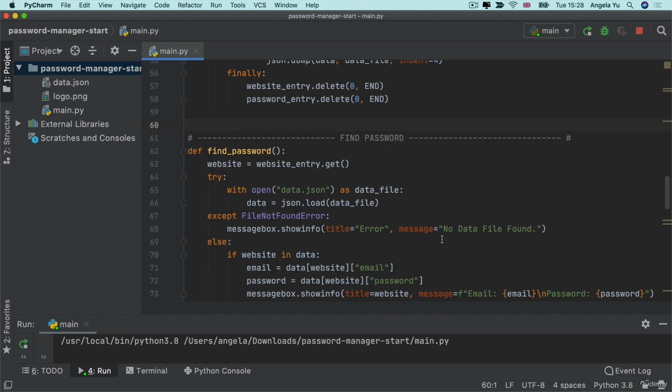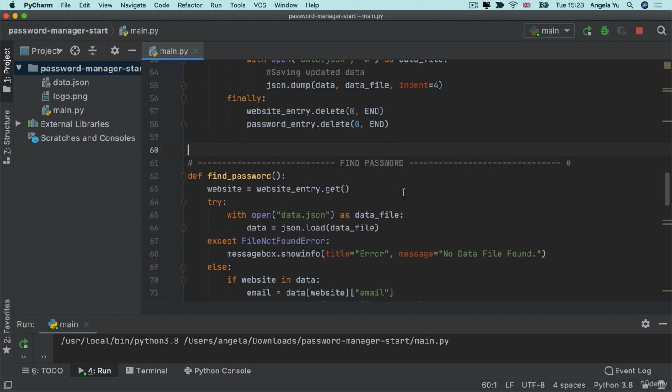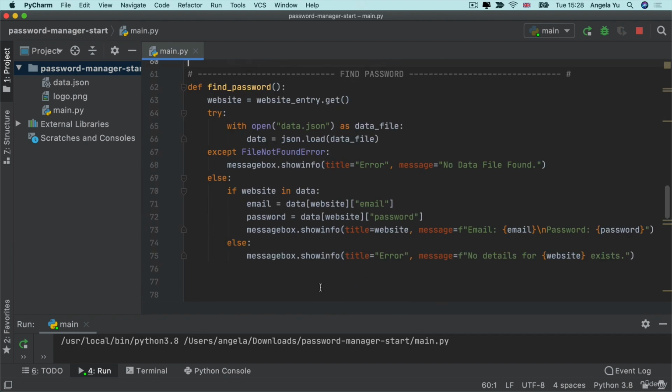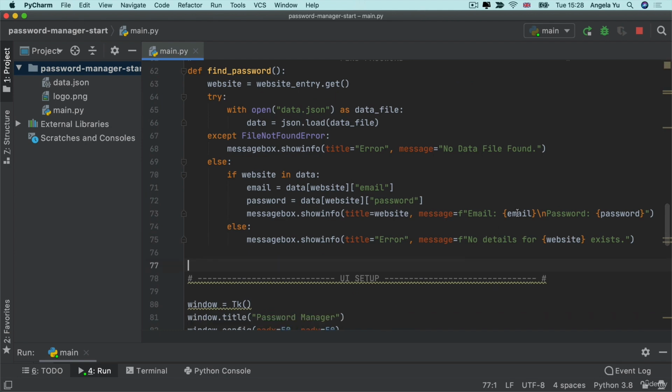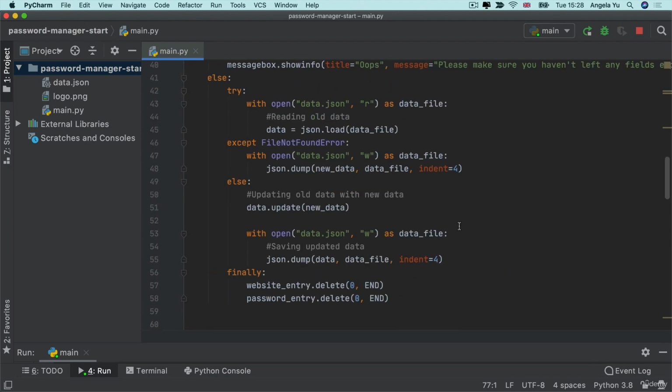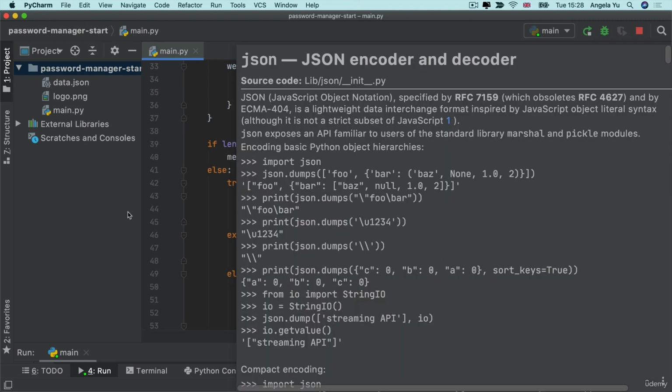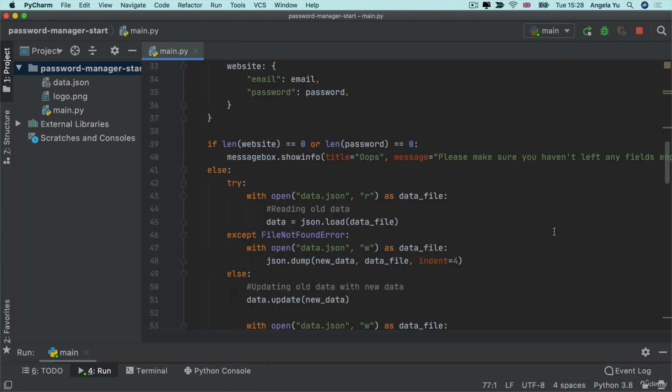There you have it. That's the completed code for our upgraded password manager. If you want to take a look at any of this code, then as always, head over to the course resources and you'll see a link to the completed code that you can review. But in today's lessons, we added a lot more knowledge regarding things like error handling and saving data in JSON formats and handling and loading and updating and dealing with all of that data